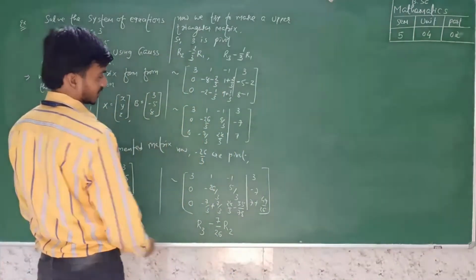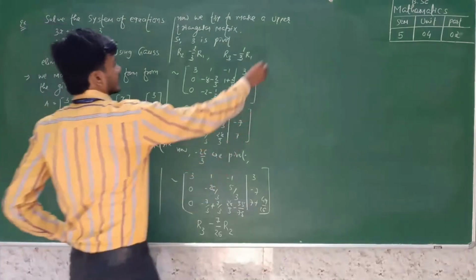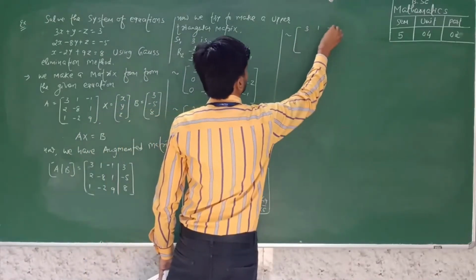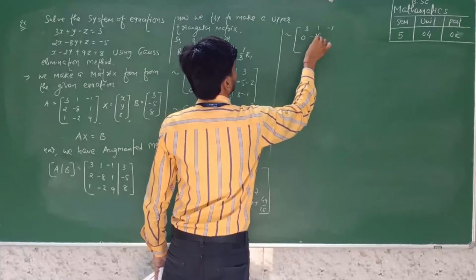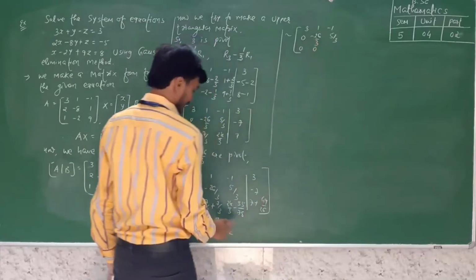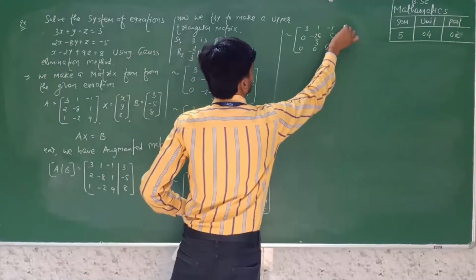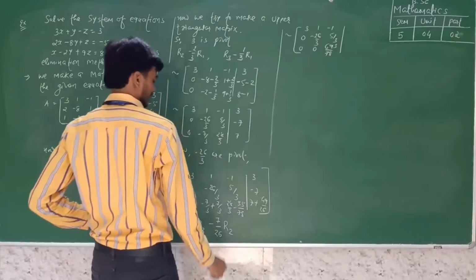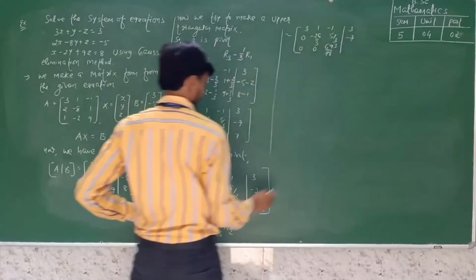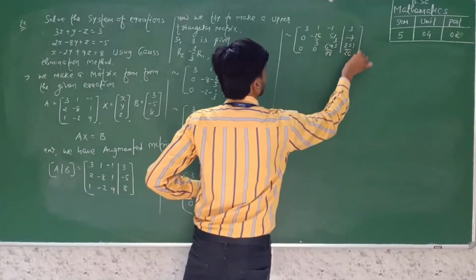49 upon 26 will be added there. So this matrix can be written there: 3, 1, minus 1; 0, minus 26 upon 3, 5 upon 3; and 0, 0, and the LCM 78 gives 693 upon 78. The solution of this equation, 693 upon 78, 3 minus 7, and the expression of this solution is 231 by 26.